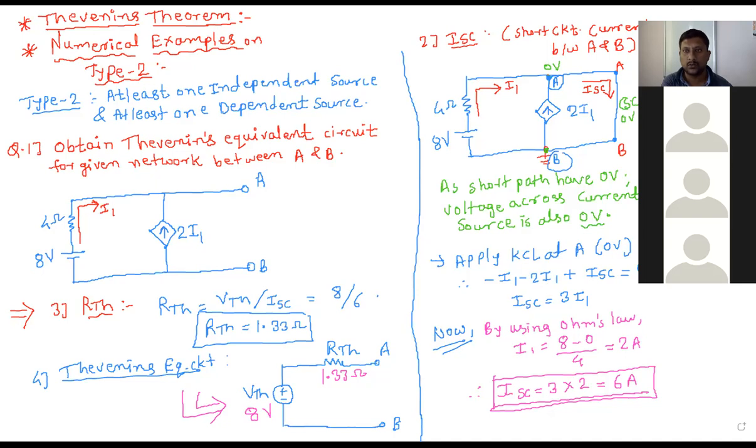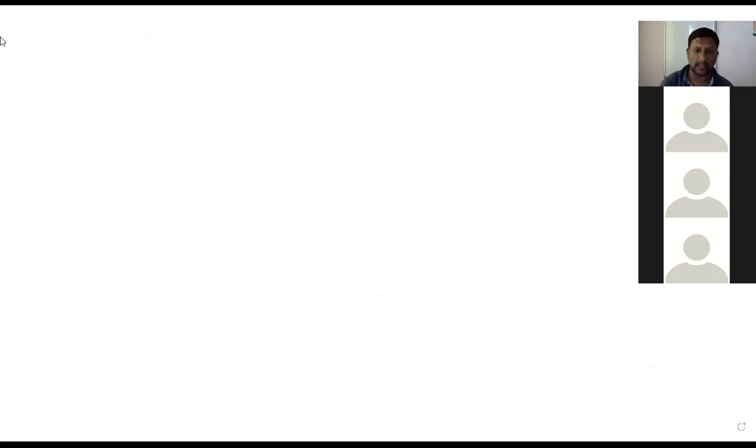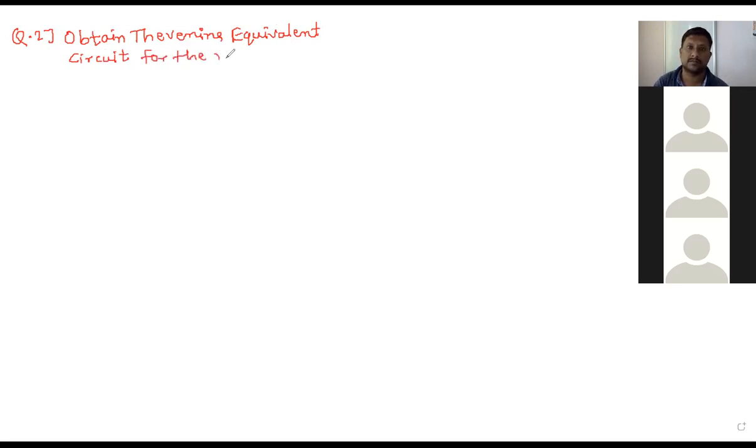So the next now we can solve the next example. Question number 2 we can take. Okay. So obtain Thevenin's equivalent circuit for the network shown in figure between